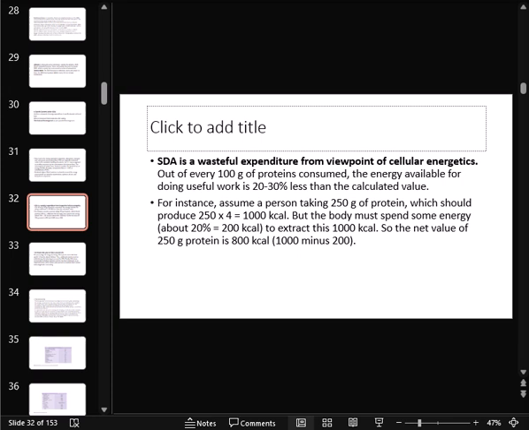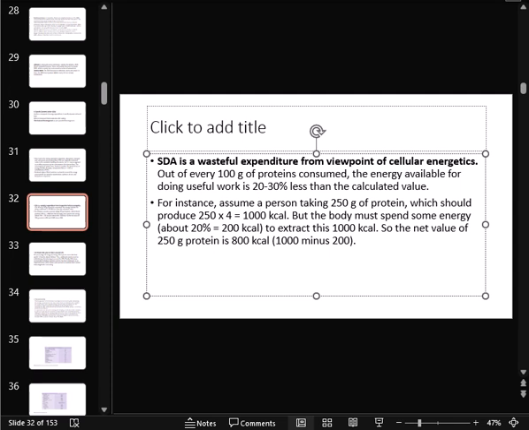1000 kilocalories, because remember, the energy released from breaking down one gram is what? 4 kilocalories. Yes, it was 4 kilocalories per gram for proteins. So if we multiply what we've taken in, which is 250, by the 4, it's going to give us 1000